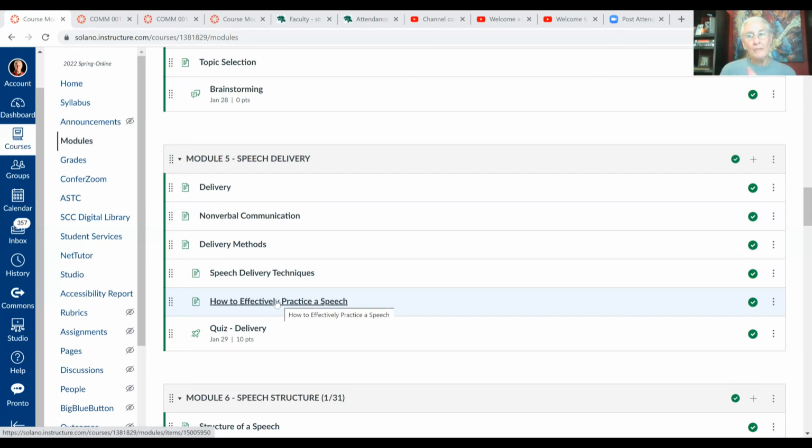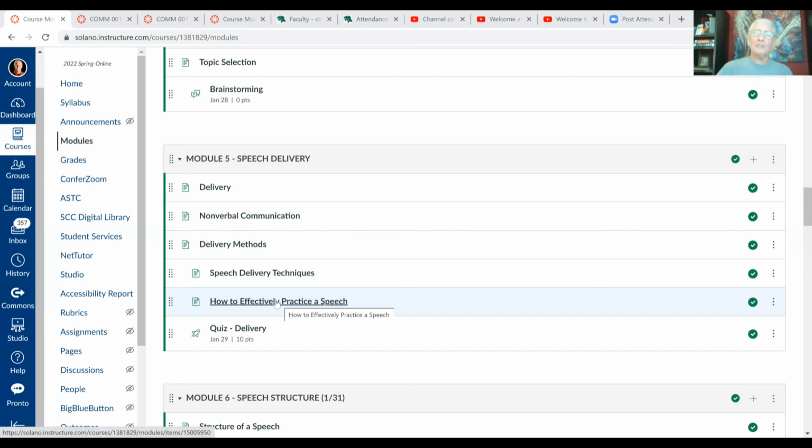And so one of the keys when practicing a speech is you want to try to retain as much information that you can, because when it comes to public speaking, the best way to engage an audience and to keep them into your presentation is to look at the audience while you're speaking. And it's harder to do that if you're dependent on notes.